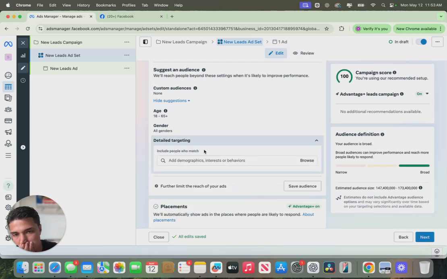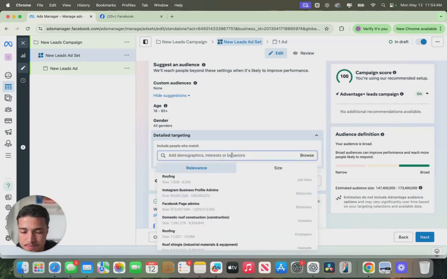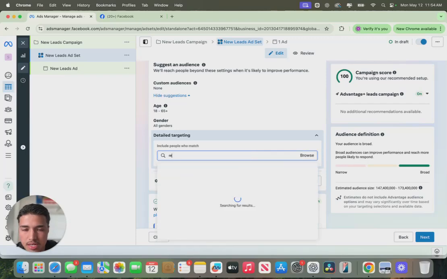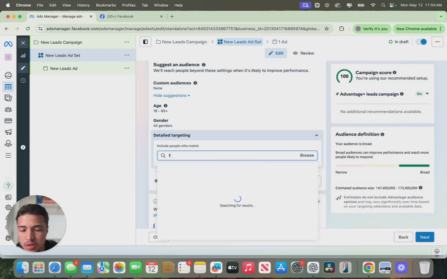Genders don't touch. Detail targeting, depending on if you're a roofing company that specifically works with multifamilies or real estate owners, right? If you're in that niche of just like commercials, or because I know some companies, if they're in a competitive area, the best strategy to do is to just be a king of one niche. So if you're in a certain niche like real estate or commercial buildings, you can do some interest, like for example, real estate. Boom, real estate. Choose real estate as an interest, or you can choose Facebook